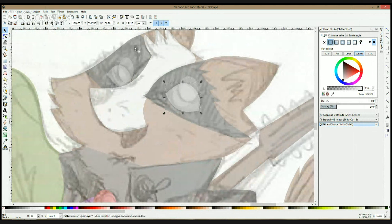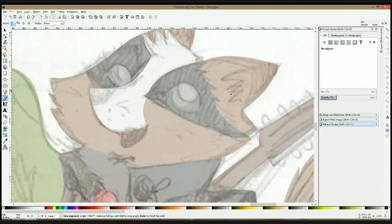I do the same thing I did here. So I duplicate the base. I push Control and the star. Same here. And I cut the eye shape, you see, to the edge of the eye. Perfect. These lines I don't care much about. I just do more or less